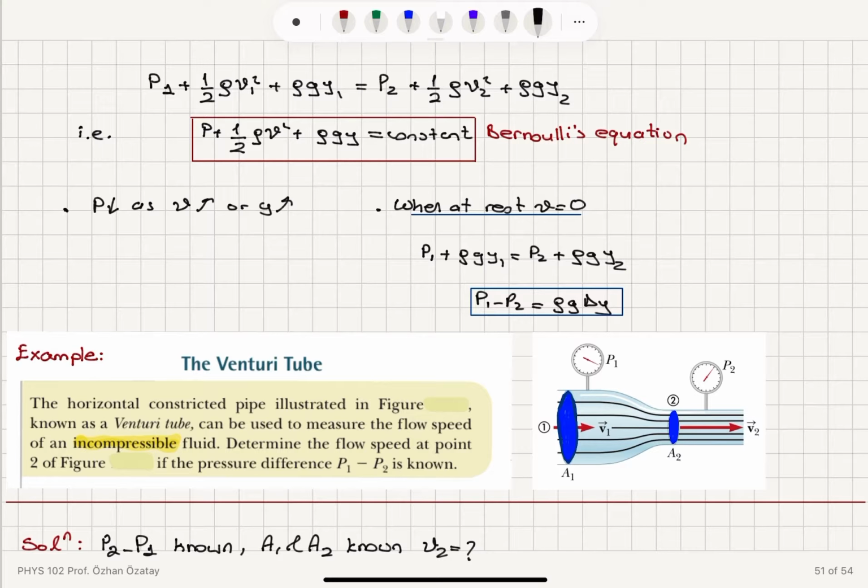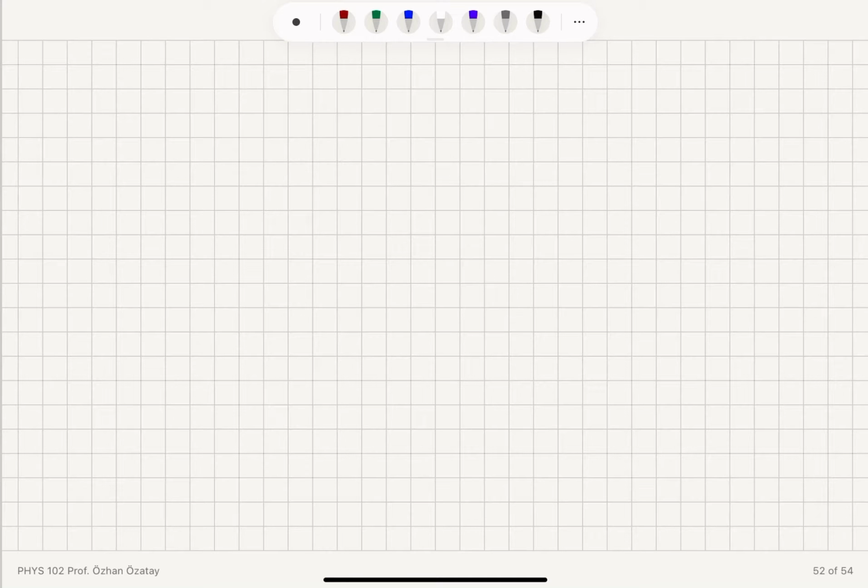Now you can see that this is a horizontal arrangement, so when we look at the mass of the particles being at a distance h with respect to the ground, these particles will also have an average distance h with respect to the ground, so we don't talk about the change in the potential energy. So let's write Bernoulli's equation for this setup. Bernoulli's equation